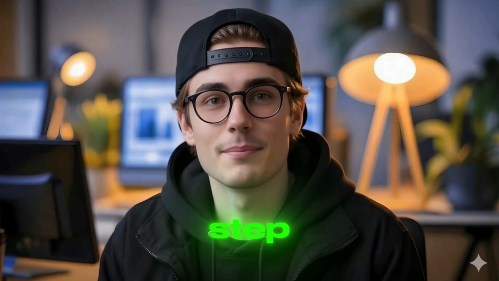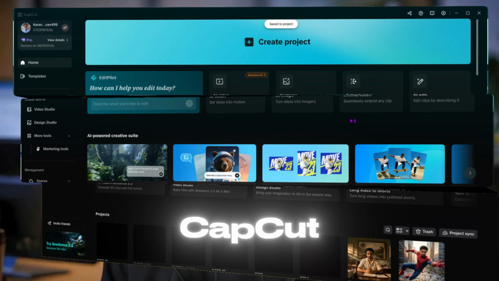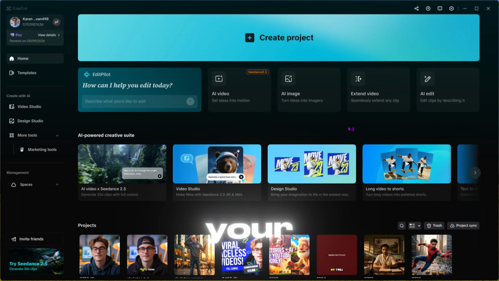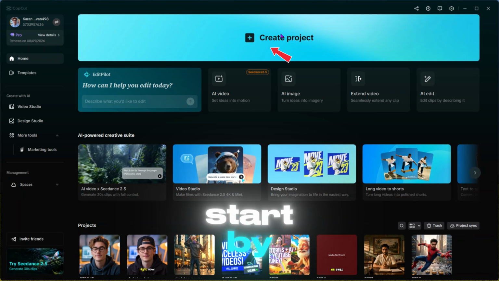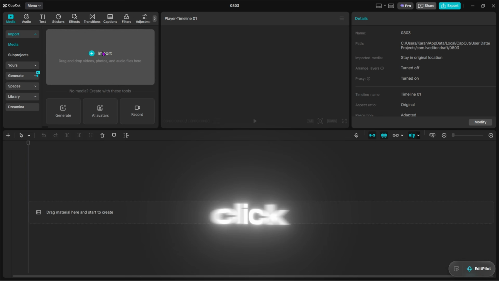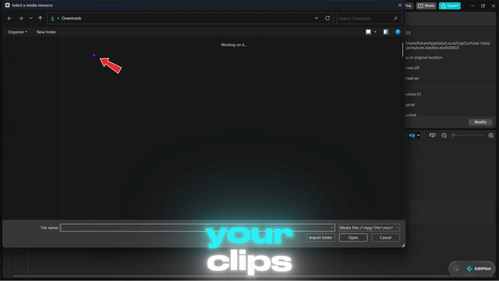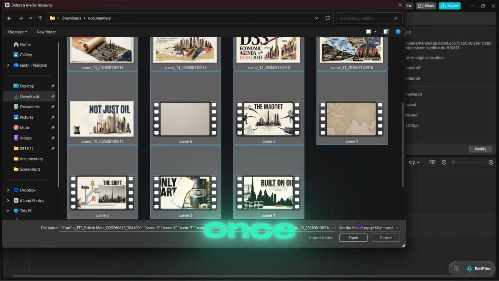Now for the final step, bringing everything together in CapCut. This is where your clips come together and your video starts to look polished. If you don't have CapCut yet, you can download it from the link in the description. Start by clicking on Create Project, then click the plus icon to import all your clips and voiceover. Once they're imported,